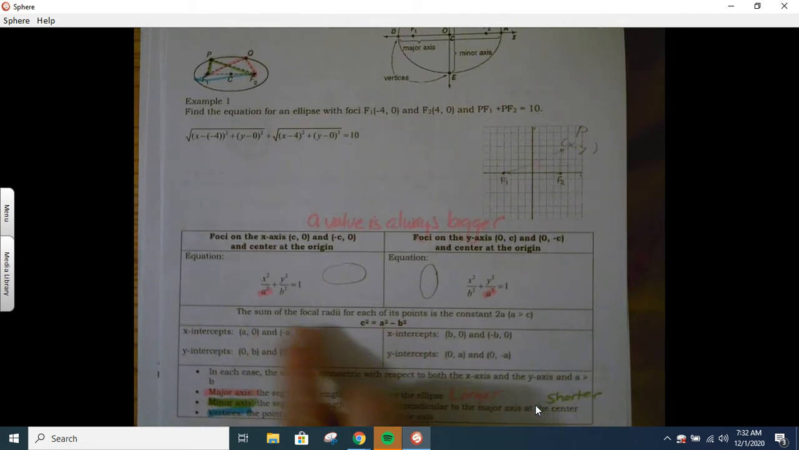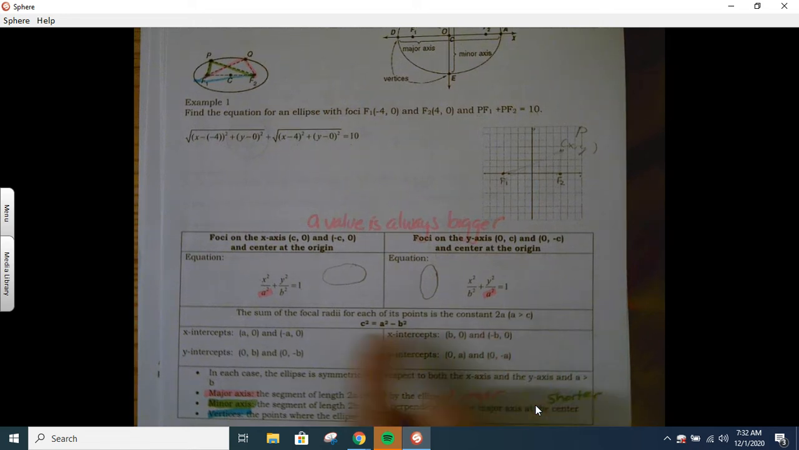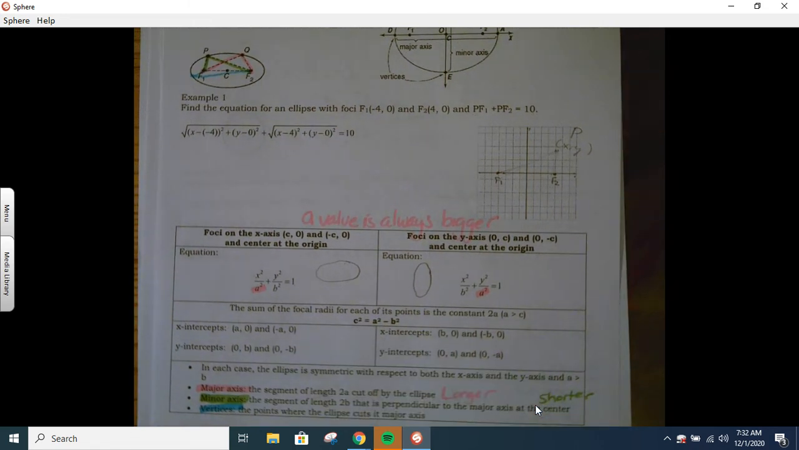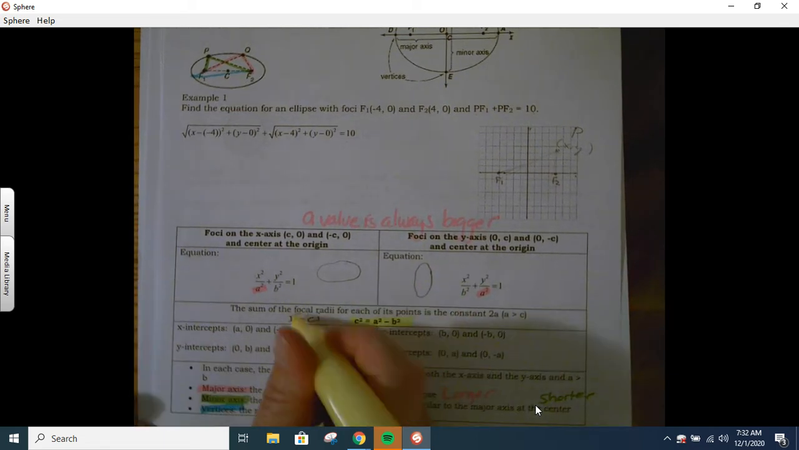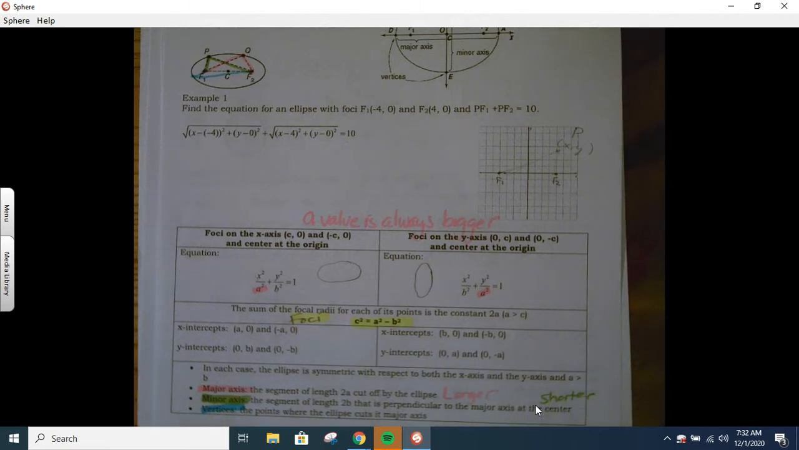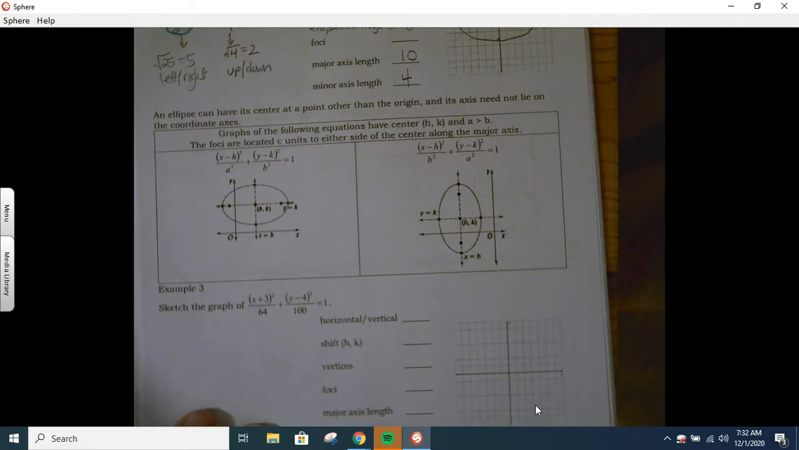Okay, for the foci, the way that we're going to calculate the foci: the sum of the focal radii for each of its points is the constant 2a, where a is greater than c, and we're going to use c to represent the foci. So this is my formula right here for my foci. And here's where it matters which is the a and which is the b, because the a is the bigger. So I'm always doing c squared equals a squared minus b squared. Okay, so when I go to get my foci here,